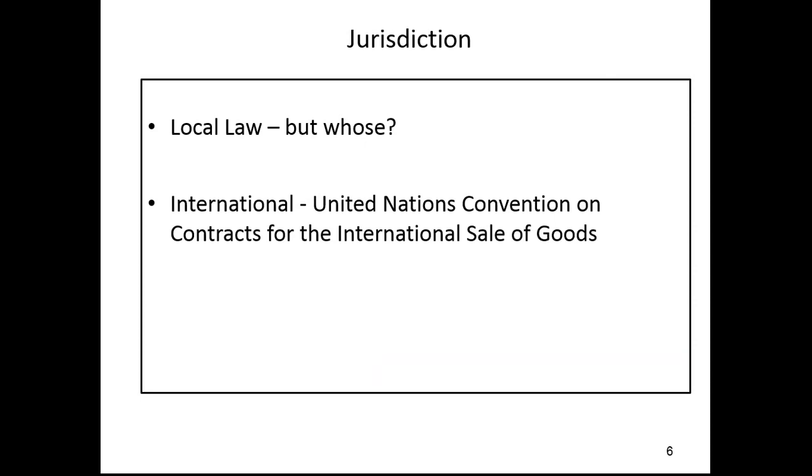Okay, so in simple terms, here we are in the UAE. You want to do a piece of business with a company in the UK. Do you set the contract under UAE law or do you set it under UK law? If you set it under UAE law and you go to court, the case will be heard here in the UAE. The problem now is if that company in the UK says, we don't care, we're not going to do anything,